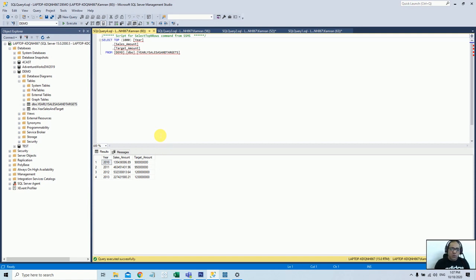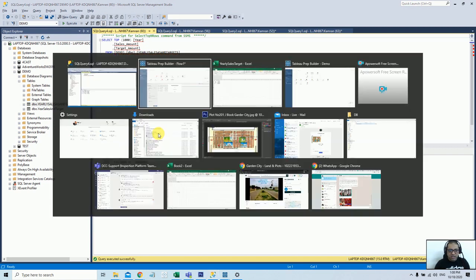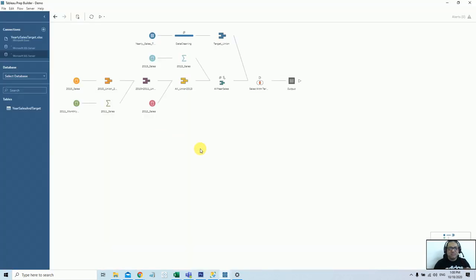So that's how quickly, in a few minutes, I combined 5 different data sources. Although it's the same SQL Server, they are different connections. In your case, you can have any specific scenario, and you can come up with a specific model. So that's how quickly you can combine your different data sources, which can be Excel or text or JSON file or XML file, any text file. You can union the data, you can aggregate it at the Tableau Prep level, you can recombine it and generate the output.